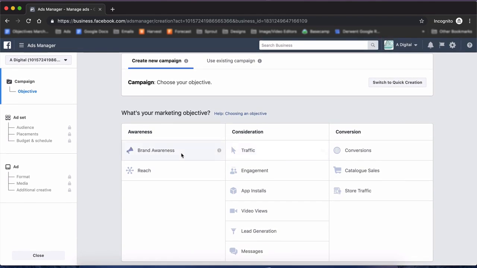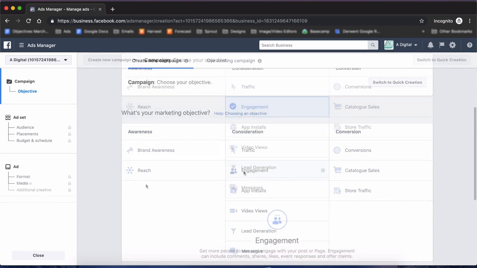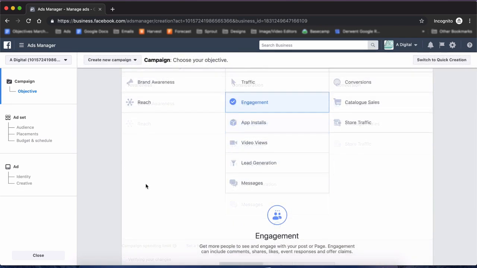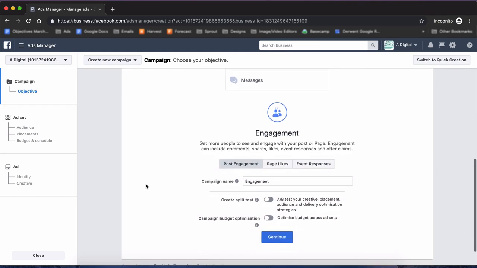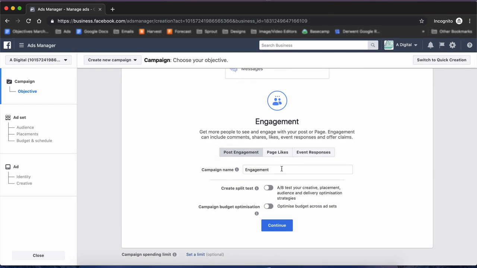So the marketing objective I'm going to choose is going to be engagement. This is going to get people engaged with the posts that I'm going to be publishing. This can include comments, shares, likes. So I'm just going to give the campaign a name. I'm just going to call it engagement for